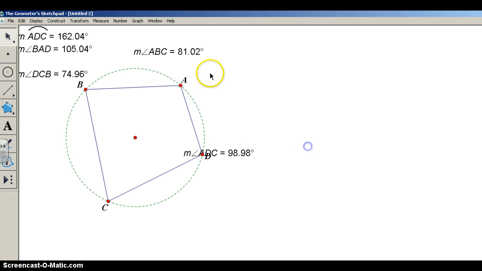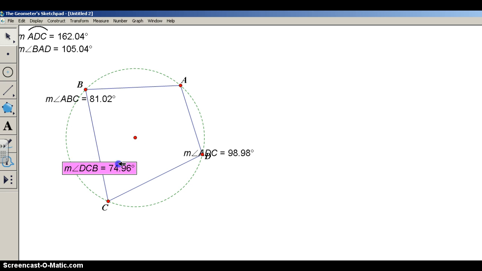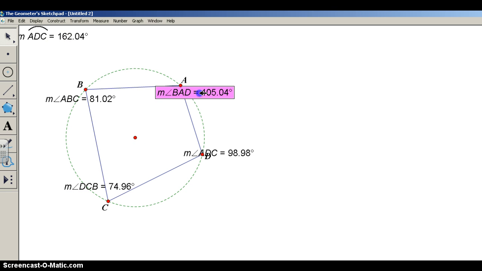So ADC is 98.8. ABC we know is 81.2. Now, there's a relationship happening between the angles of this quadrilateral, and I'm going to try to manipulate some